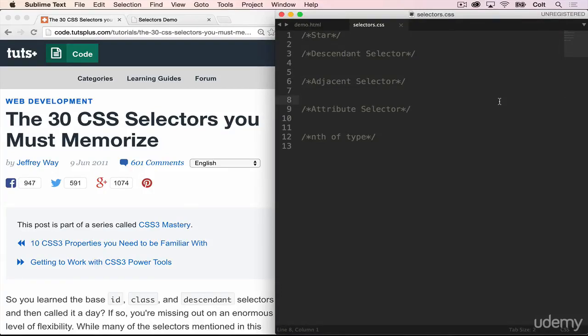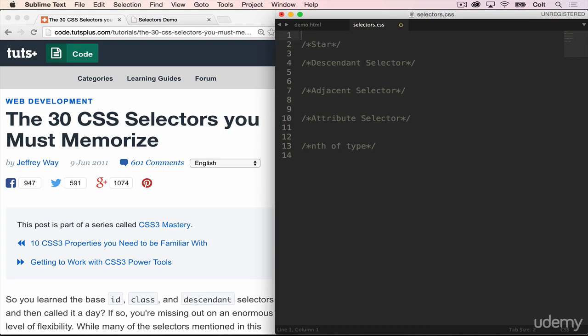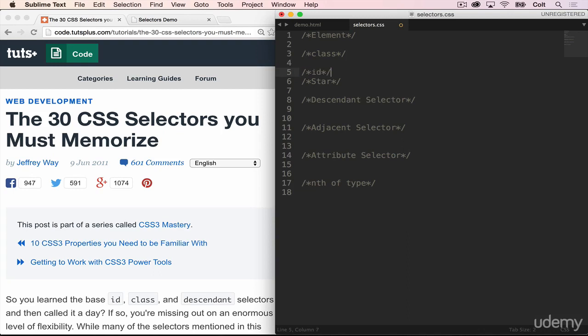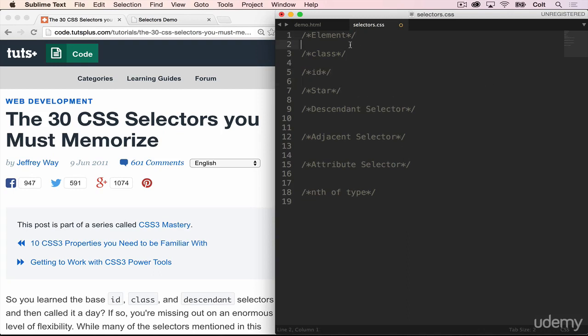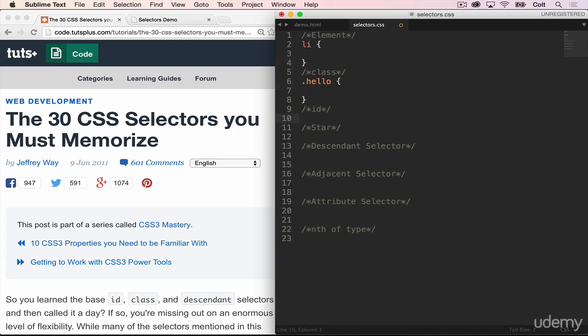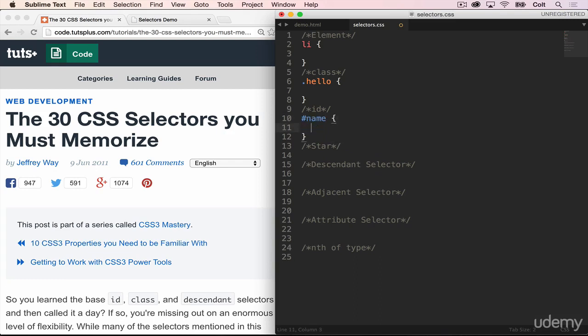In this video, we're going to talk about a few other ways of selecting elements aside from the three main ones that we've seen so far. And just to recap, those three are the element selector, the class, and the ID selector. So element would look like li, class would look like dot hello, and ID is with the octothorpe or hash symbol,